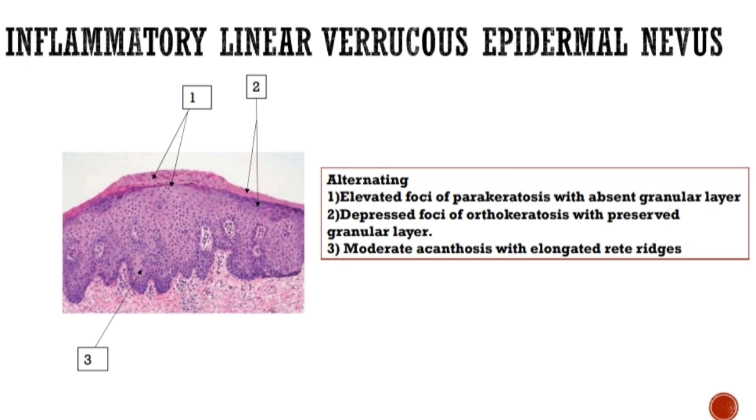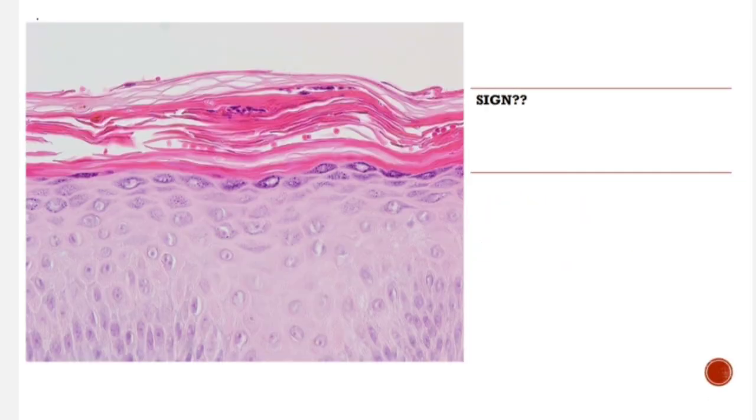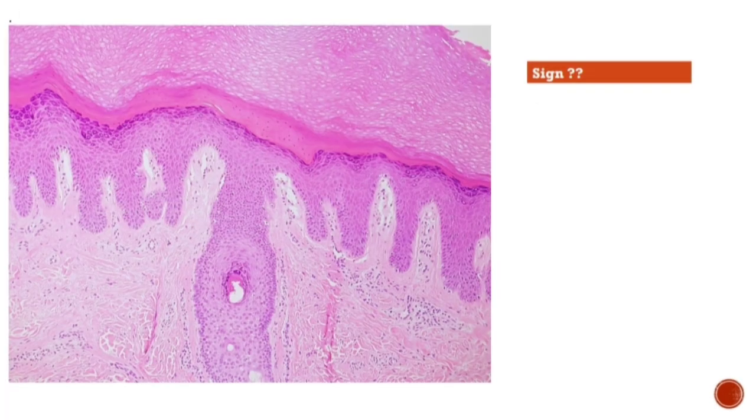Next slide actually shows the sandwich sign, which is a fungal element sandwiched between an upper zone of orthokeratosis and a lower zone of parakeratosis or compact orthokeratosis. Next histological finding shows a very thick compact orthokeratosis which mimics the palm surface, but the presence of the follicular sebaceous unit gives the clue about the diagnosis, that is, prurigo nodularis or lichen simplex chronicus. Basically, this sign is known as a hairy